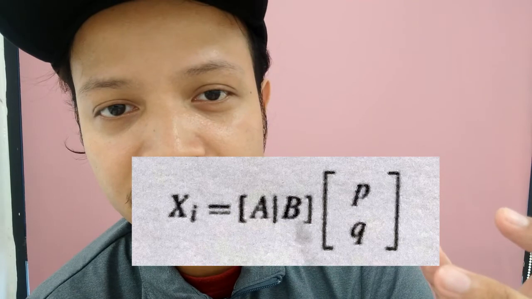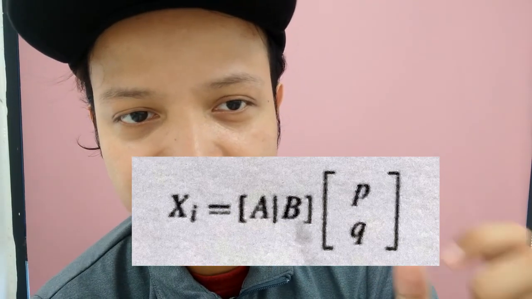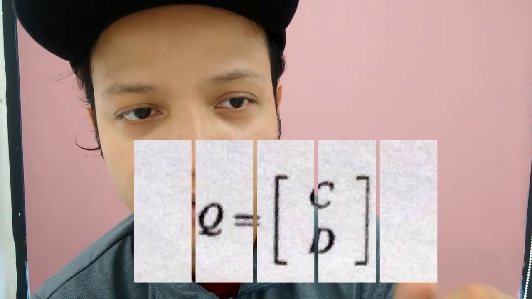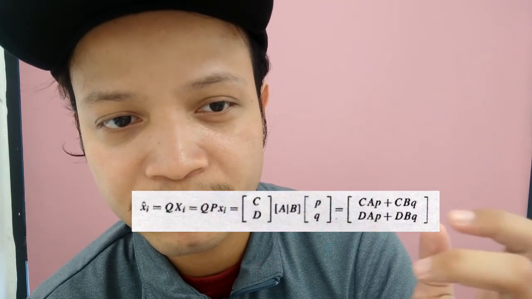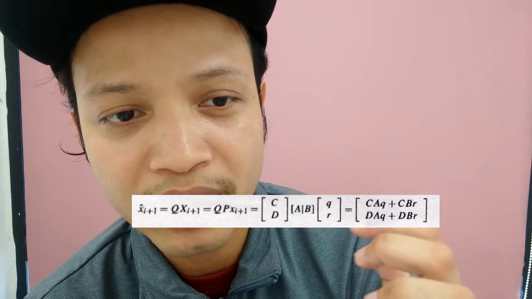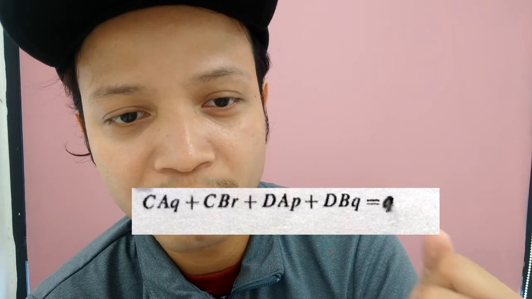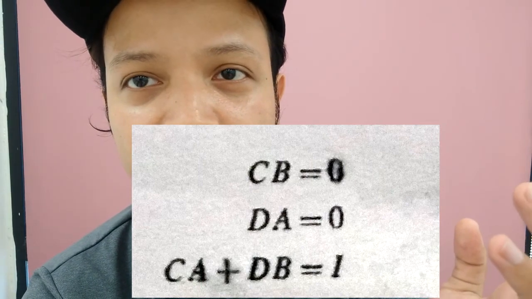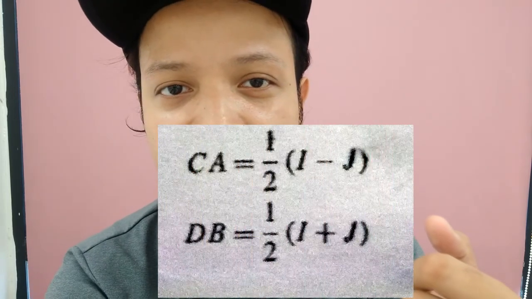Let S1 be P times Q, then the forward transform can be written in terms of the subblocks. The inverse transform matrix Q can be represented by an N times N per 2 matrix, which can be partitioned into 2 blocks, C and D, each N per 2 times N per 2. Applying the inverse transform, we get the reconstruction values. Repeating the process for block I plus 1, we get the condition to cancel out the aliasing in the second half of the block. From this, we can get the requirement on the transform. Note that the same requirement will help cancel the aliasing in the first half of block I by using the second half of the inverse transform of block I minus 1. One selection that satisfies the last condition is